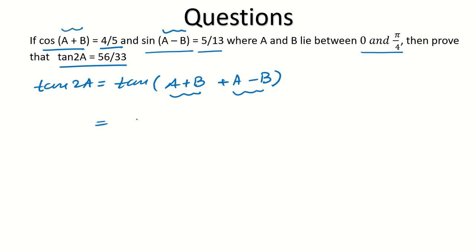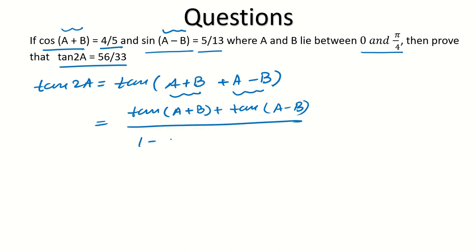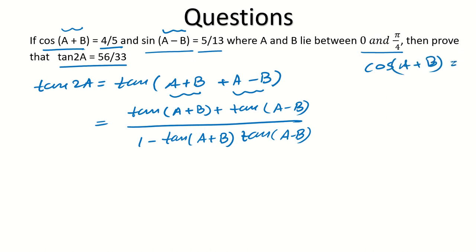So this is tan, identity of tan a plus b is tan a plus tan b over 1 minus tan a tan b. Just use the identity and you will get the answer. Now you see cos a plus b is equal to 4 upon 5, and if you make a right triangle, so this will be 4 and this will be 5. So by using Pythagorean theorem it will become 3. So tan a plus b will be equal to 3 upon 4 and plus